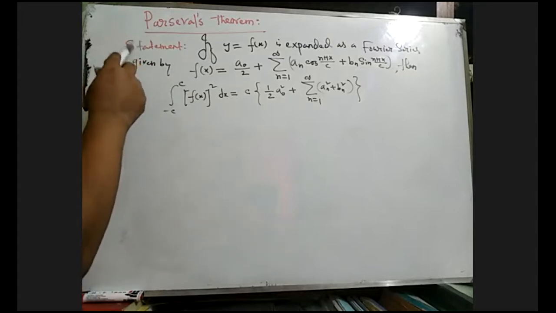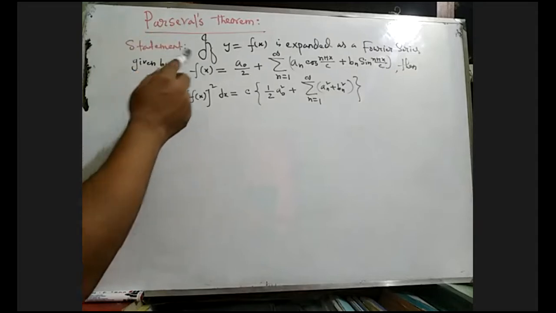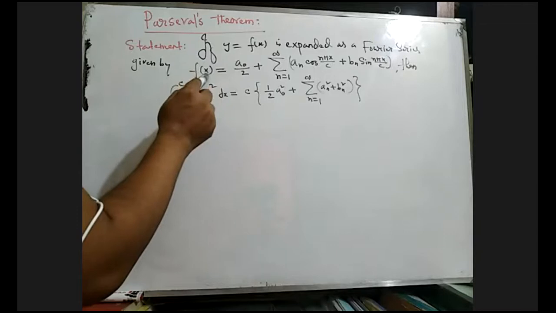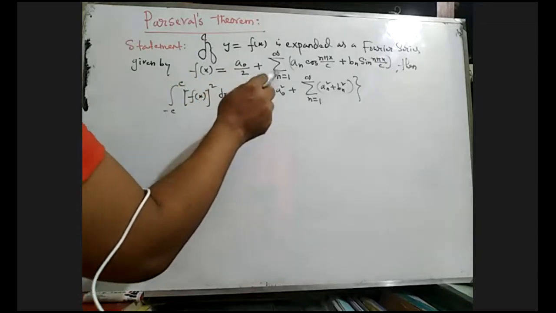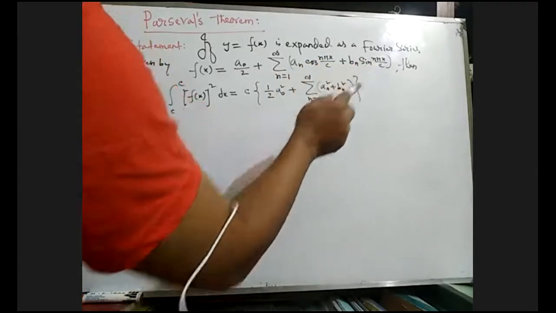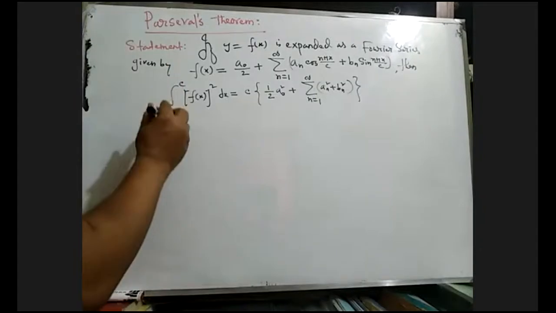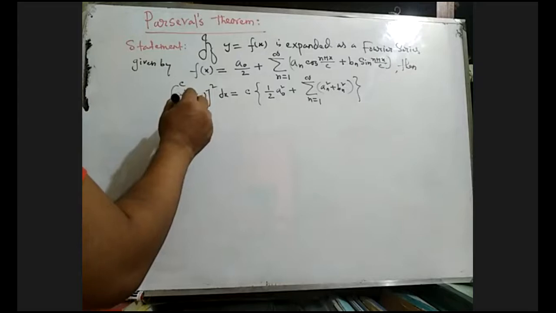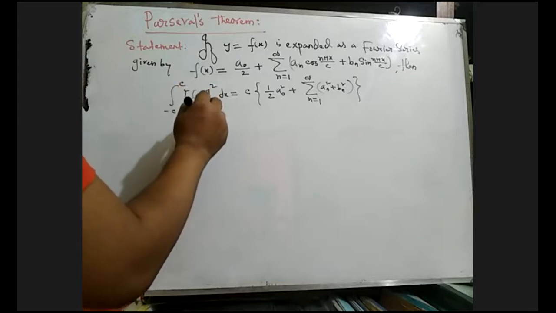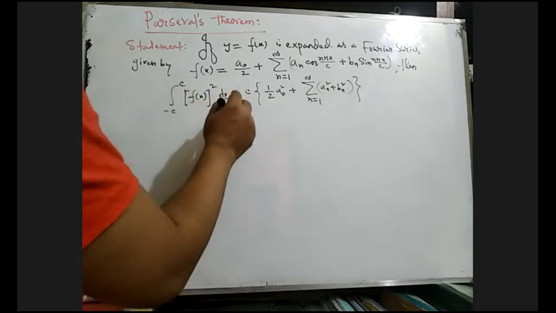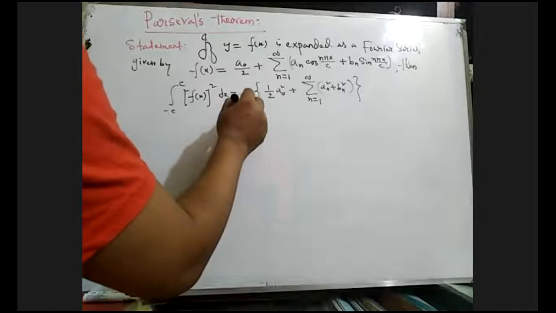So first of all, the statement of Parseval's theorem. If y equals f of x is expanded as a Fourier series given by f of x equals a naught by 2 plus summation n equals 1 to infinity a n cos n pi x by c plus b n sin n pi x by c, then the integral from minus c to plus c of f of x whole square, that means f of x multiplied by f of x, equals c into